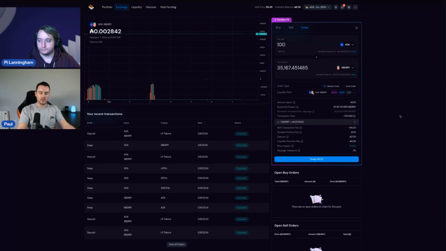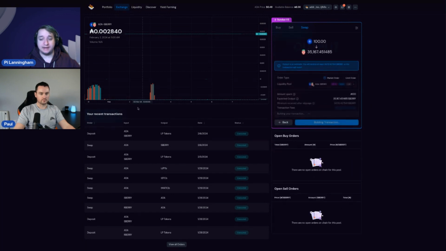Just with the batcher fee, will I be paying 1 ADA and then I get back, because you won't know until it's actually batched how much it's going to cost? So I pay it and then I just get back whatever the amount is. Yeah. So it kind of works like a rebate, where as it executes, there will be some surplus ADA, and that gets paid back with the result of your swap. So in this case, if I ended up paying 0.65 ADA, then the 0.35 would come back with the swap result. Okay.